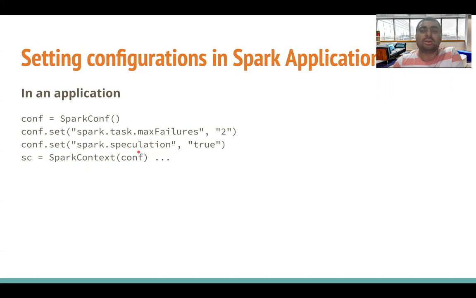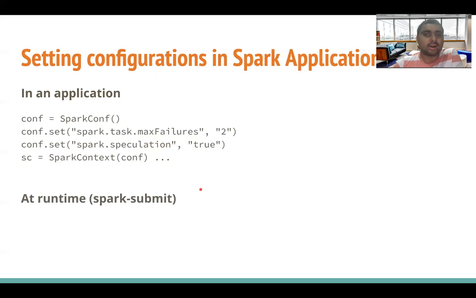Similarly, there is speculative execution in Spark, which means if a task is running slow, you can run a duplicate copy of the task, and whichever task completes first, you take the result from there. It's a good optimization. The speculation is also configurable, and you can choose a different value. So these are two examples of how you can set a different value of a configuration.